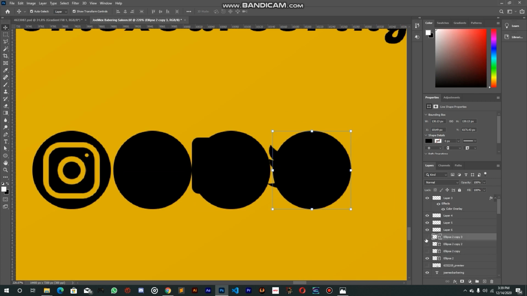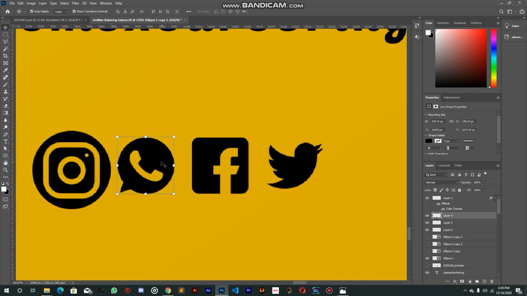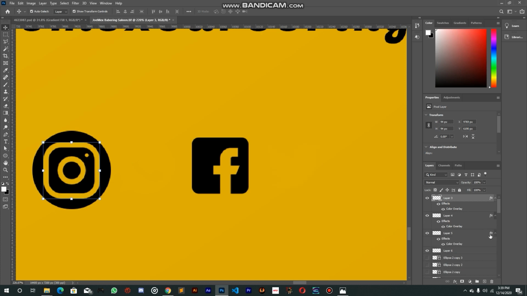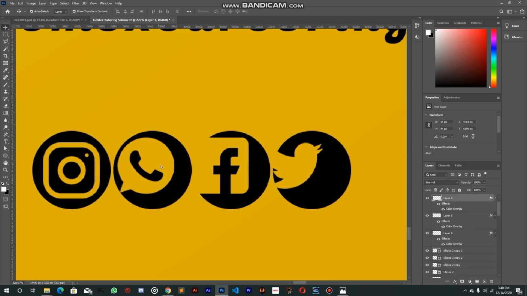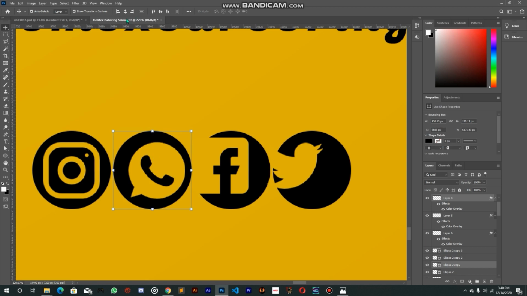Now let's hide these ones, and we give these also colors. You can just copy this effects and paste it on it. So we do that by we hold Alt and just click and put it on like this. Now unhide the shapes like this and adjust the positions. Just select all like this,